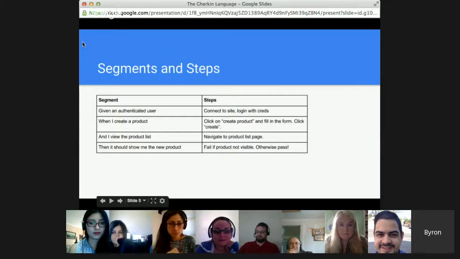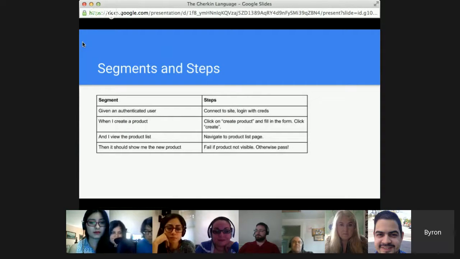Given an authenticated user, let's think about this in terms of segments and steps. The segment is just that first part, maybe the first line in Gherkin, given an authenticated user. The step is going to be some sort of instruction, whether it's a manual instruction for a human tester, or some sort of instruction for a machine tester. Connect to the site, log in with creds. That's given an authenticated user.